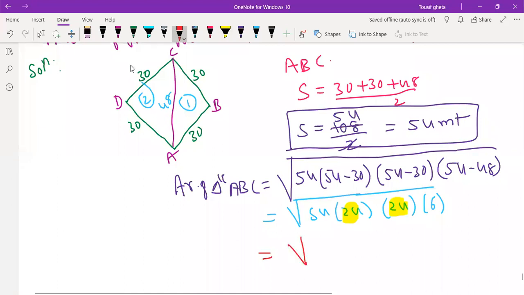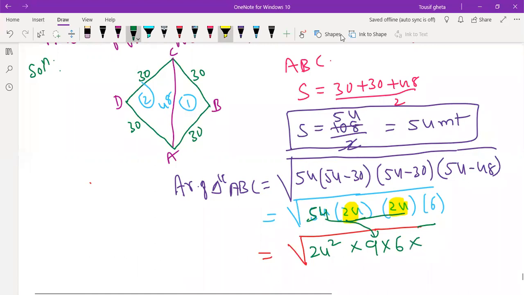You try now. See here. Already we got this 24 into 24, so 24 square we will write. See, this 54 is there now. This 54 I will write as 9 into 6. Now you can ask me the question, why, sir, 9 into 6 only? Can you tell me why I wrote 9 into 6 only? Why not any other? See, because here you know 6 is there, and here also you have a 6. This 6 and this 6 will become 6 square. So that is the reason. 9 into 6 is the 54. Any boys, any girls, anyone doubt?